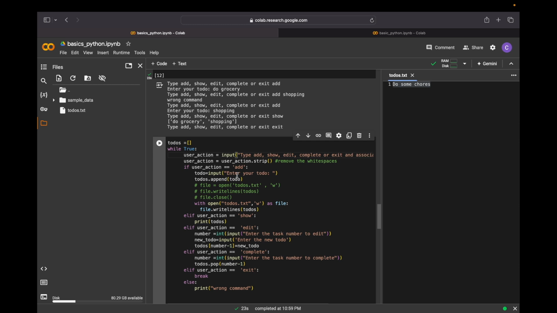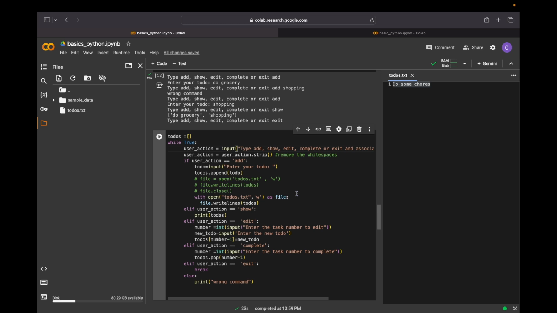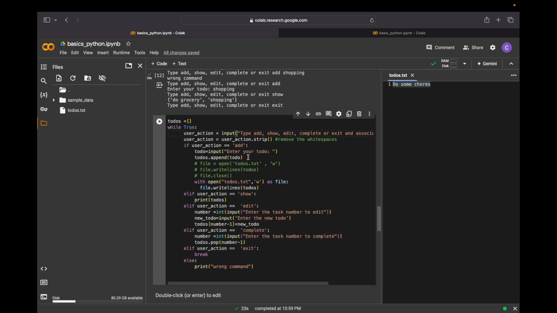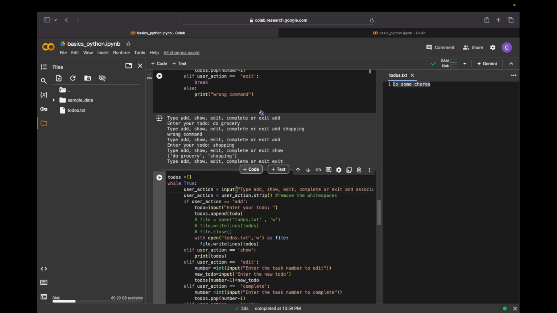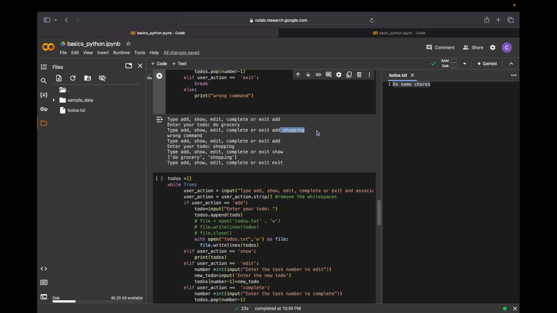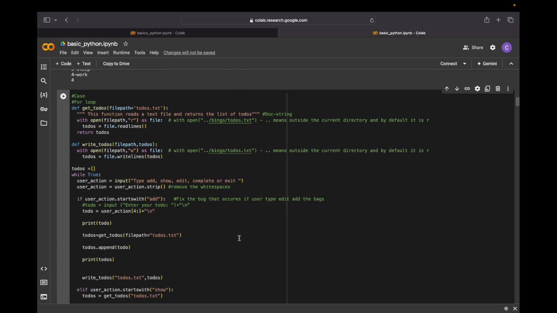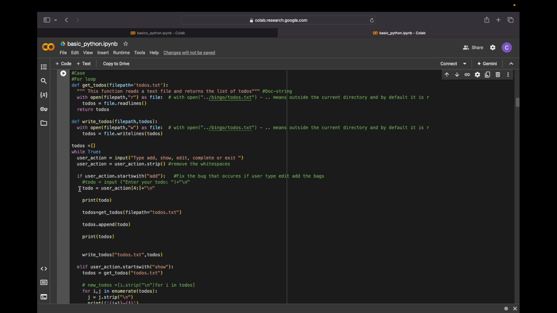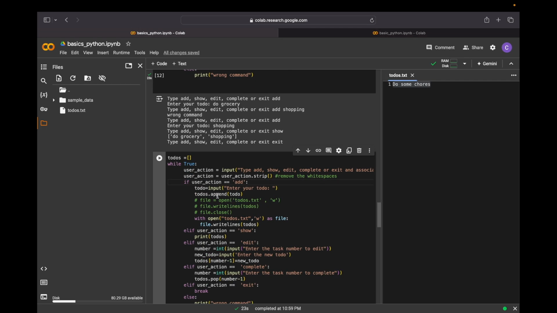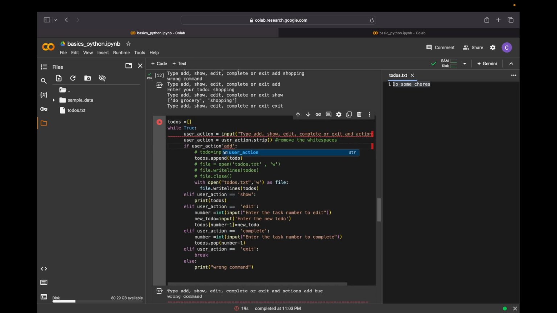Okay, so the user will type add and space something. Okay, so the to-dos will be starting from, we don't need the input. Our action dot starts with